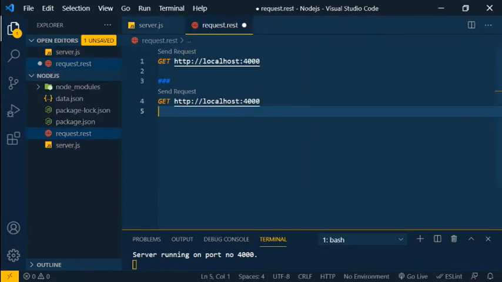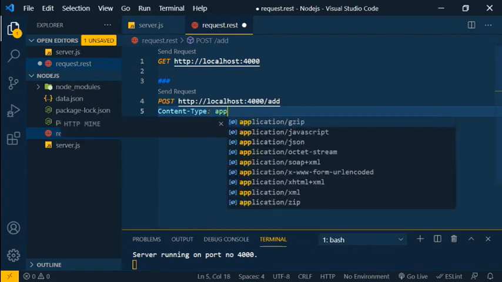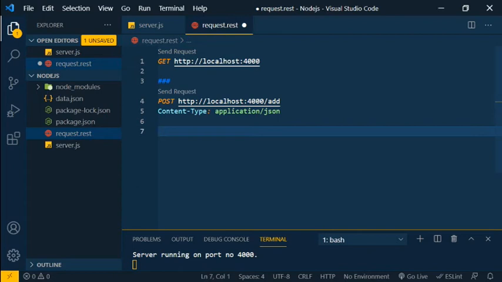Next we are going to add some article. For that we need to do a post request. So here I am going to add the actual endpoint. But what is the difference between get request and post request? For get request you don't need to specify any content type, but for post request you need to specify the content type. So I'm going to type content type application/json. Here you can type all the payload that you need to give from the front end, get the data from the front end and insert it into the DB or whatever storage you are using.